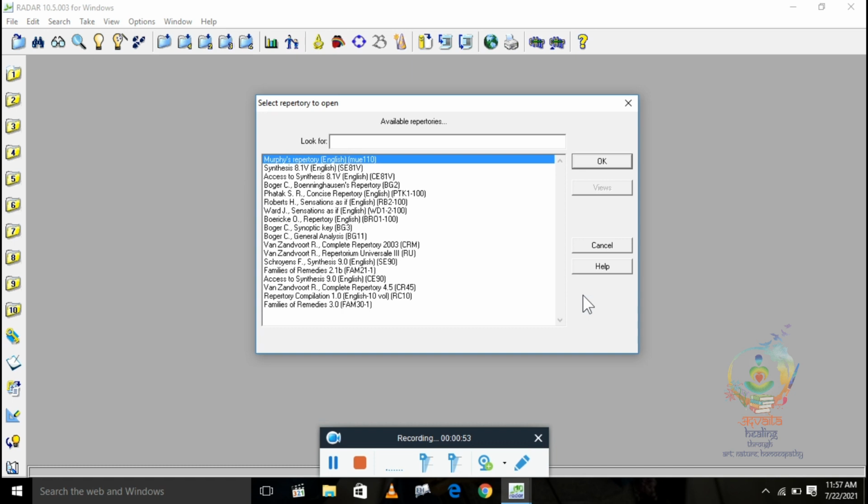See, there are 20 repertories here. The first is Murphy repertory, then Synthesis 8.1V, where V stands for veterinary repertory.